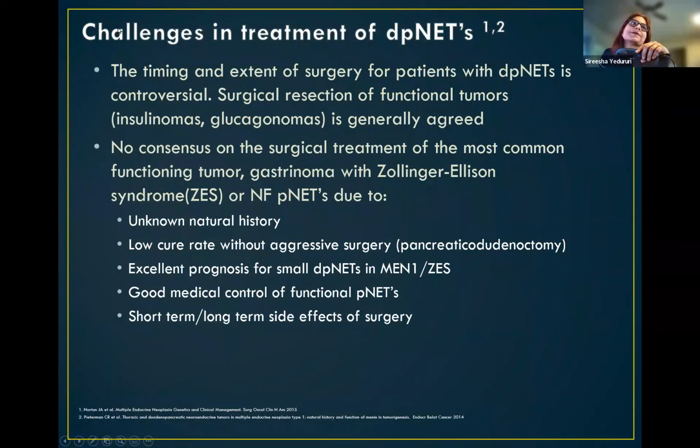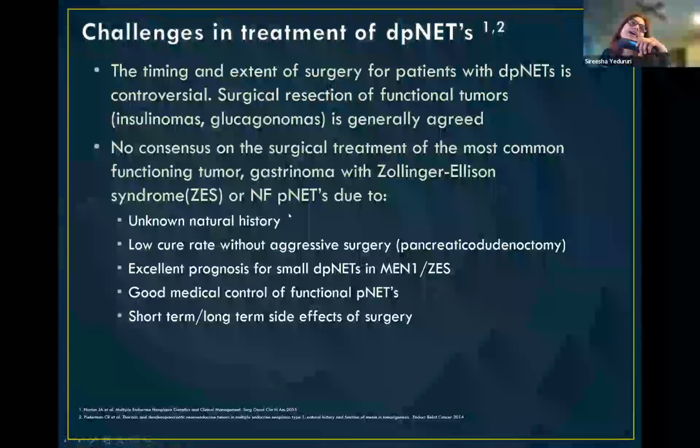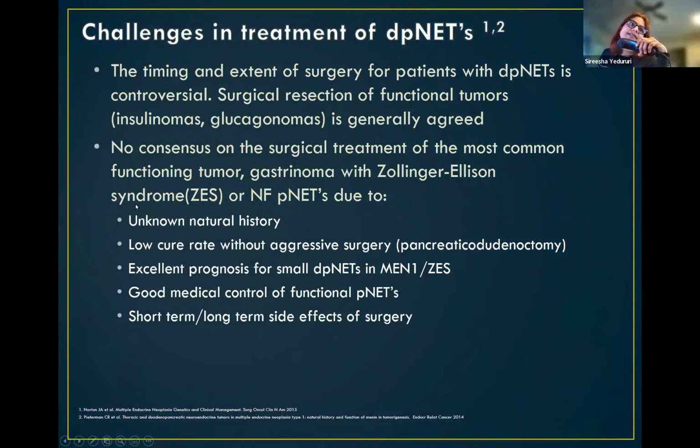So coming to challenges in the treatment of duodenal pancreatic neuroendocrine tumors, the timing and extent of surgery for patients with these tumors is still controversial. There's not much controversy when it comes to resection of insulinomas, and glucagonomas, but when it comes to the most common functioning tumor, Zollinger-Ellison syndrome with gastrinoma, or non-functioning tumors, then